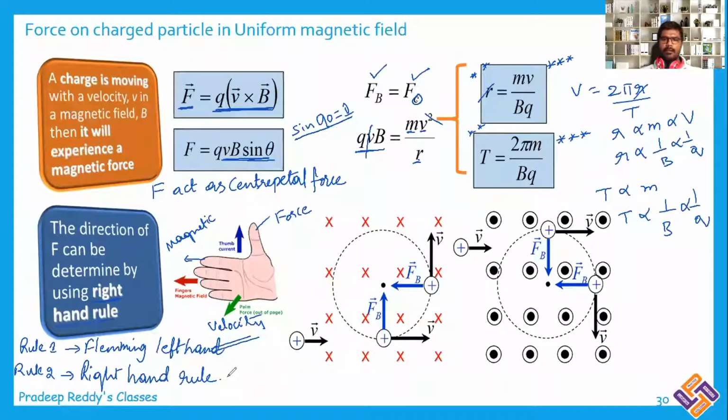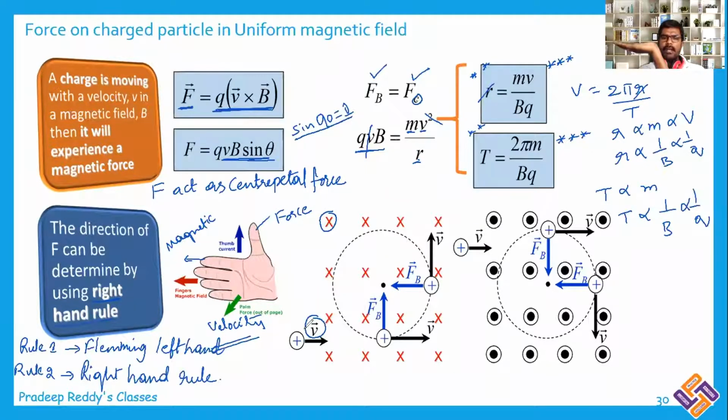Now, a charged particle can enter into a magnetic field. Here, the magnetic field is into the screen, and the charged particle is entering into this magnetic field, and its velocity is given by v. So first, you should put four fingers parallel to velocity v. This is velocity v, direction is right side.